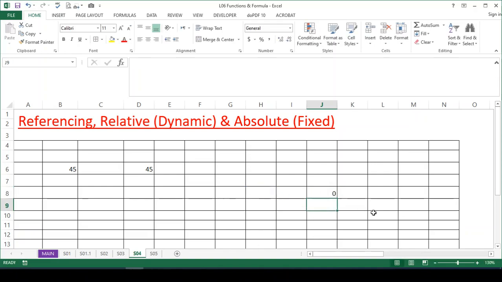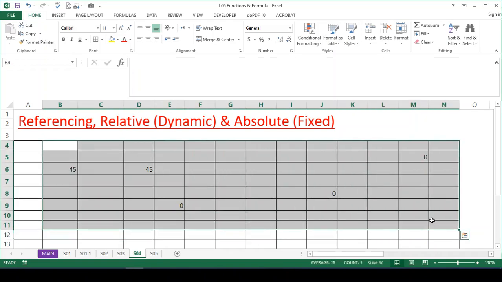So that is the concept of the relative one. Wherever you copy and paste in Excel, the data is from the same row but two columns before. So this is the concept of relative referencing, which means it is always related.